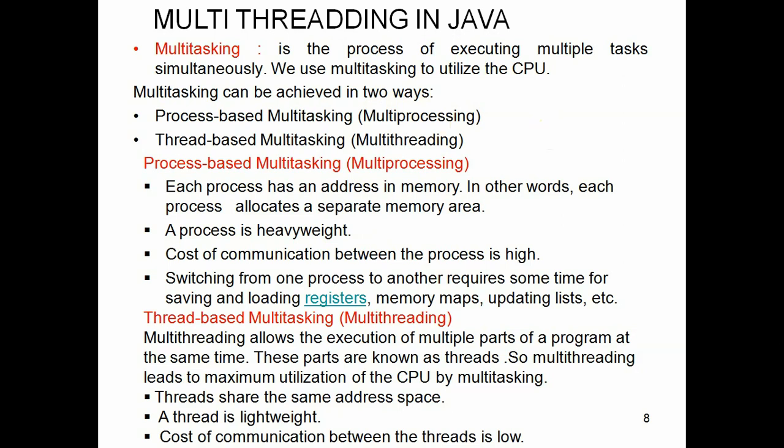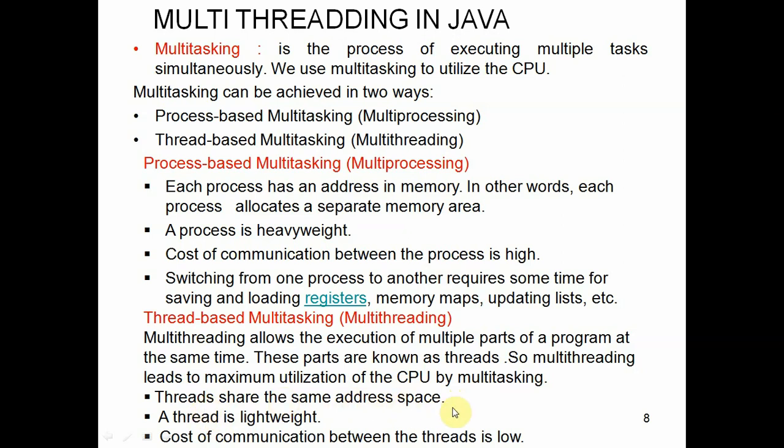The second category of multitasking is thread-based multitasking. This is also called multi-threading. Multi-threading allows the execution of multiple parts of a program at the same time. These parts are known as threads. Each part of a program is called a thread. Multi-threading leads to maximum utilization of the CPU, and also